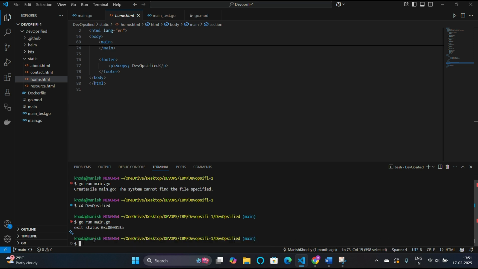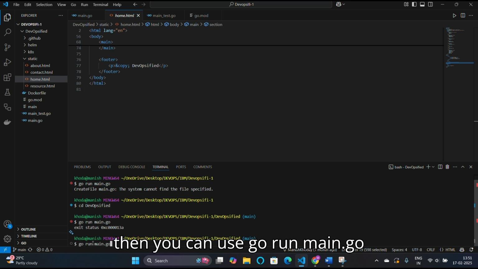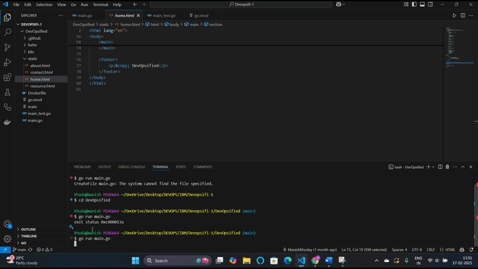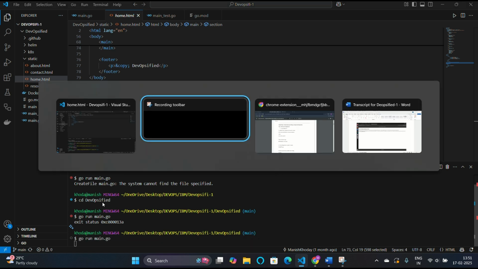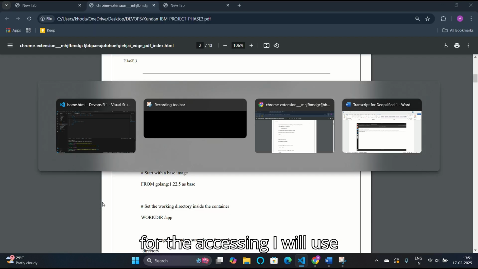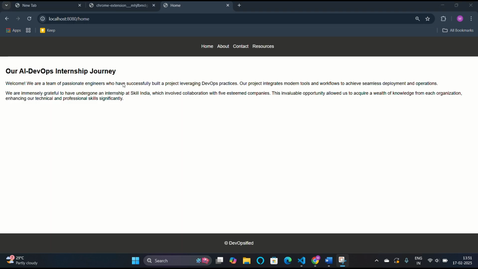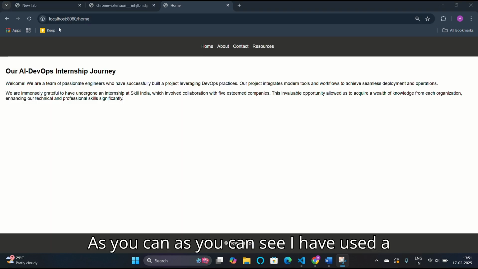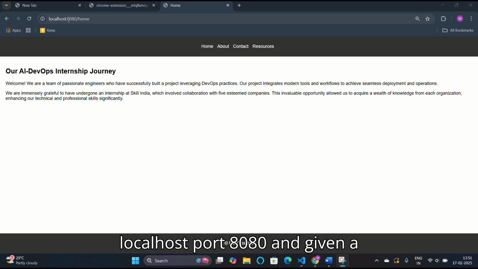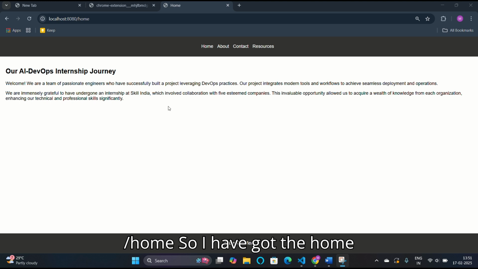Then you can use go run main.go. After this, we have to access it. For accessing, I will use localhost. Look, as you can see, I have used localhost port 8080 and given /home. So I have got the home